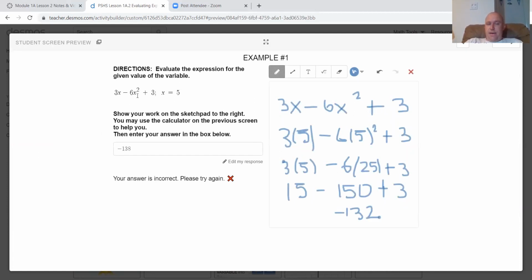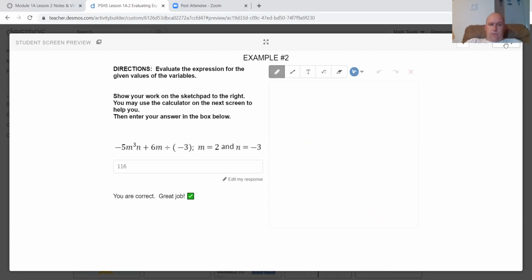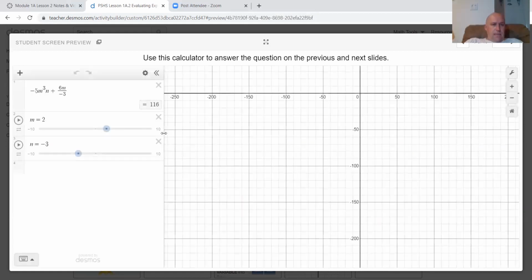You could actually put 3a minus 6a squared plus 3, and then say a equals 5, and that would also give you the same answer. I know some students like to do that as well. Now, just so we can get rid of this for a moment, I'm going to do it the way